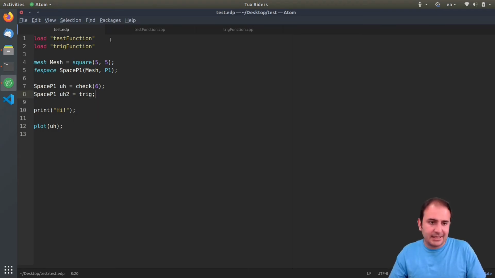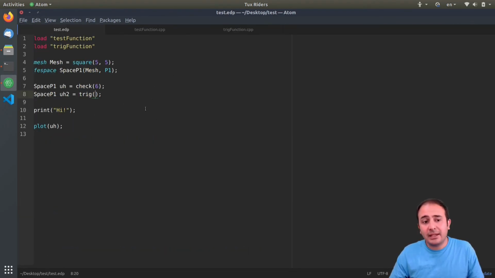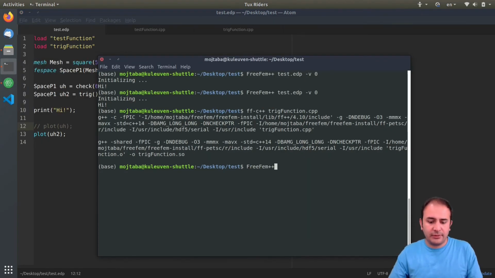And for that, you can see that there is nothing here. Of course, this is a function, so we need to put this parenthesis, and then there is nothing passed to this. And even stack that was here is automatically passed. So FreeFEM takes care of that, and then we don't need to do anything. And instead of UH1, let's plot UH2. We can plot both, or I can simply comment this out. And then it's time to run a FreeFEM script